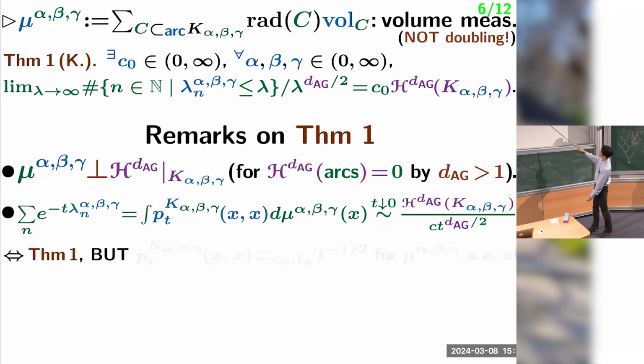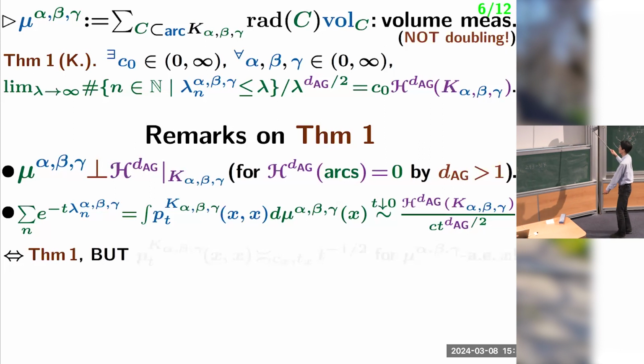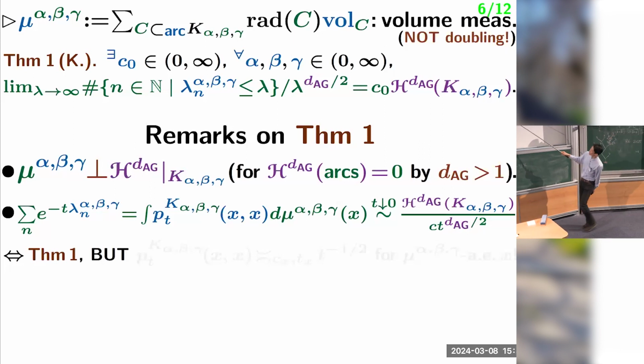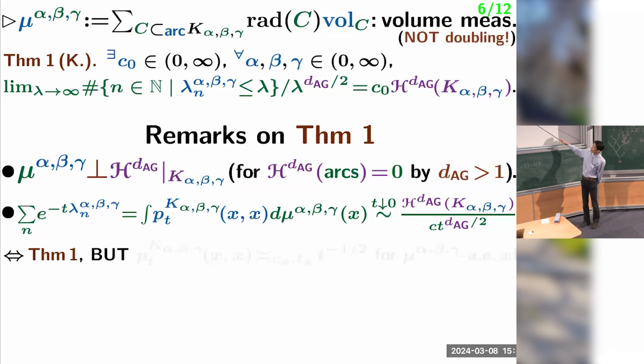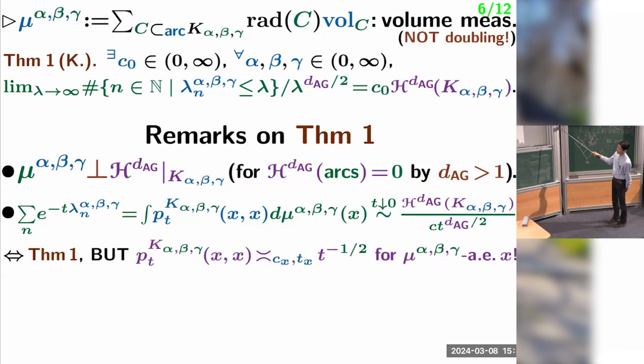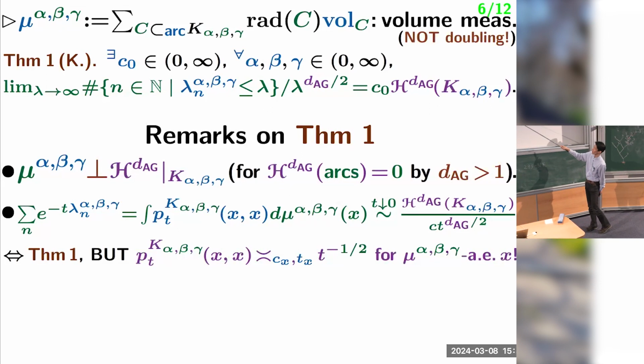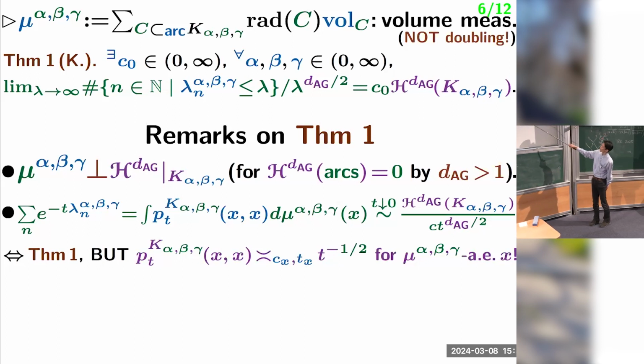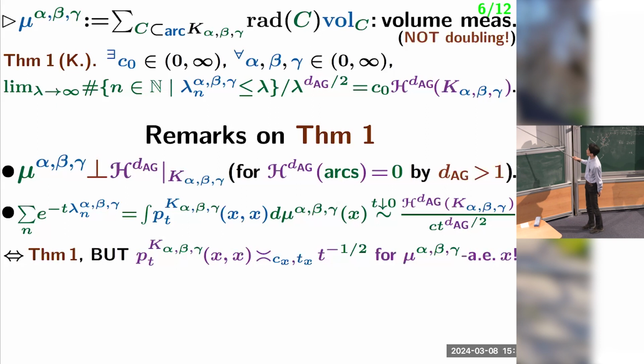So after the space integral of this one, you get the Hausdorff dimension. But if you look at the asymptotic behavior of this heat kernel, then what you see is different. For energy almost every point, the pointwise behavior of the diagonal of the heat kernel for very small t is actually t to the minus 1/2. So pointwise, almost everywhere at least, its behavior is one dimensional,